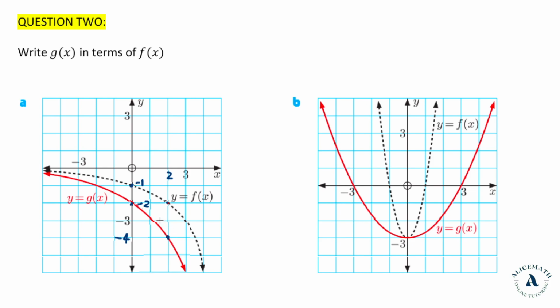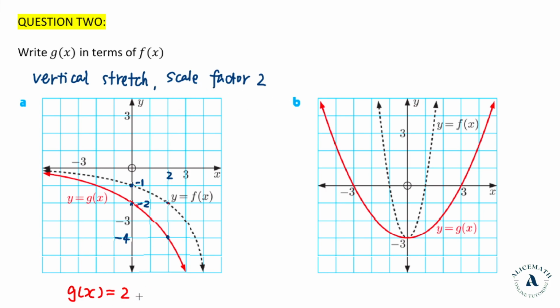So from the black one to the red one is a vertical stretch, and the distance is 2 times the previous one, which means the scale factor is 2. Normally we can write the new function equals the scale factor times the previous function. So now the scale factor is 2, so we multiply by 2,